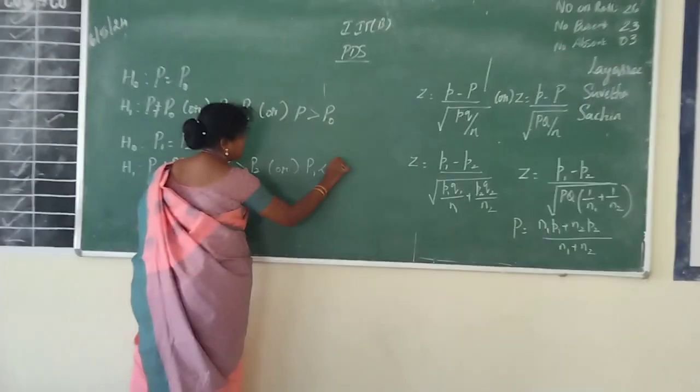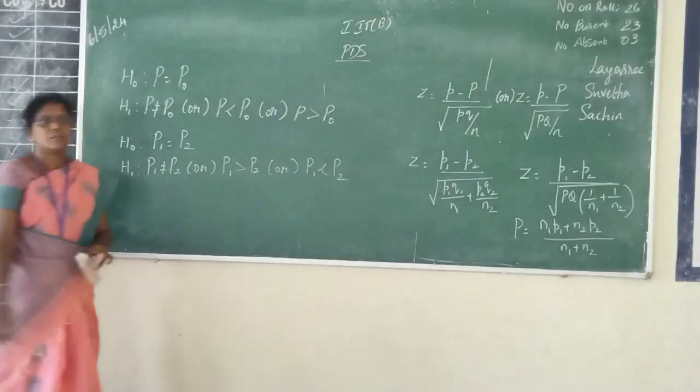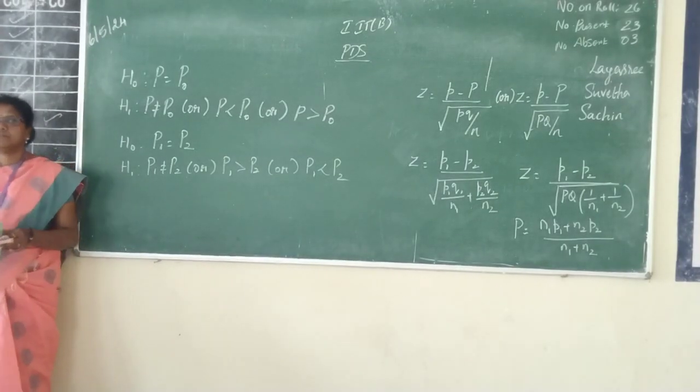If you are comparing two populations, use capital P's. If you are comparing two samples, write small p1 equal to small p2. H1 again is P1 not equal to P2, or P1 greater than P2, or P1 less than P2. So note